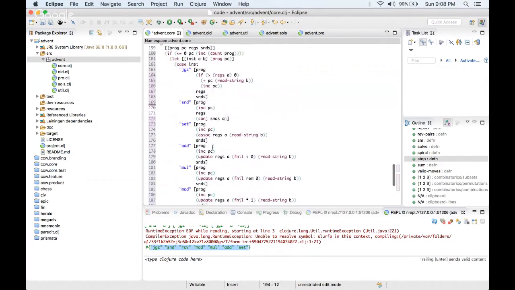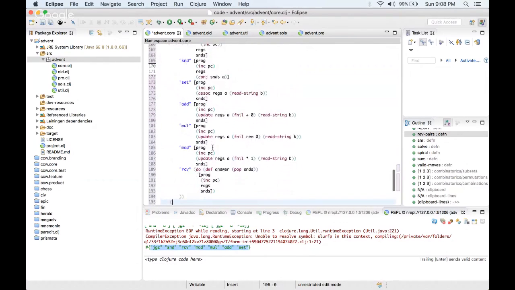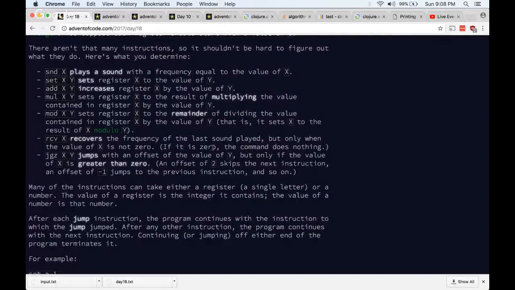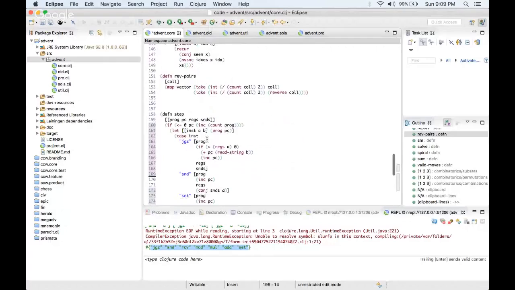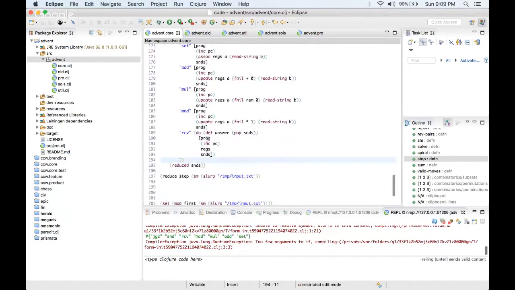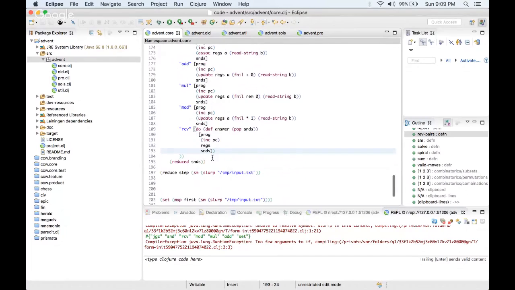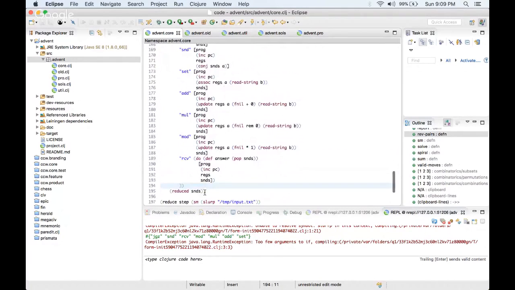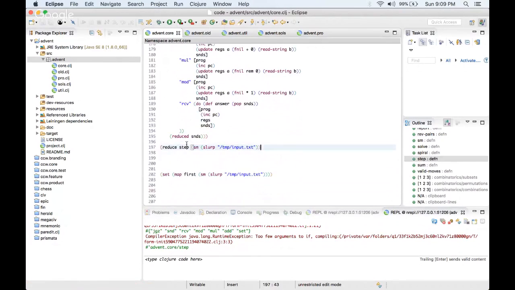Otherwise, I think we're basically talking about returning something like reduced of the sounds, let's just say. All right. Too few arguments to if, it's complaining about. Okay. All right, looks good. And then reduce step, starting with